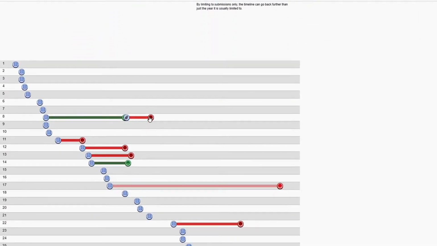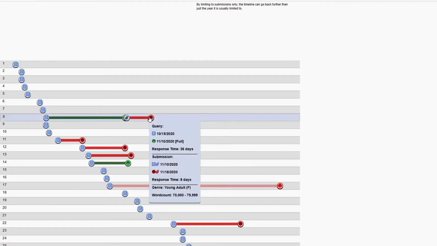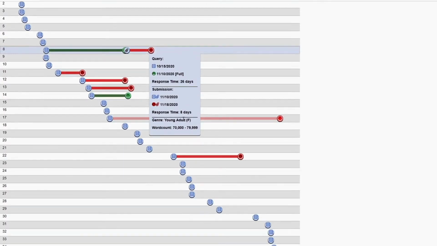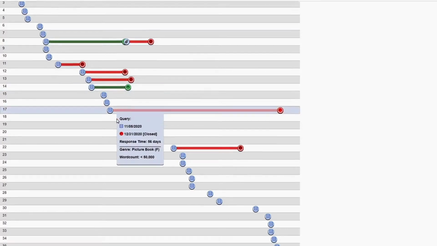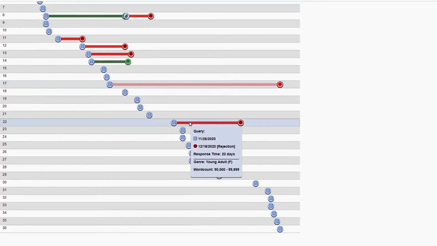Now, as I mentioned in that previous video, Query Tracker is really based on authors' responses and when they hear back from agents. So like I said, this is a tool and not a rule when it comes to these response times, but I did find it helped me a lot. I took a list of about 10 agents and I separated them into these different sections. For my first round of queries, I submitted to these fast responders. Between them, it was a mix of email submissions and query manager submissions.